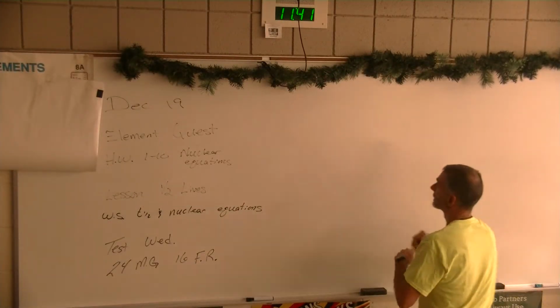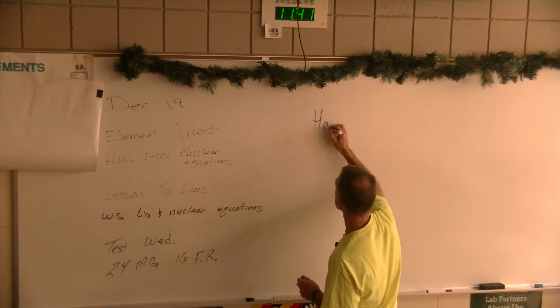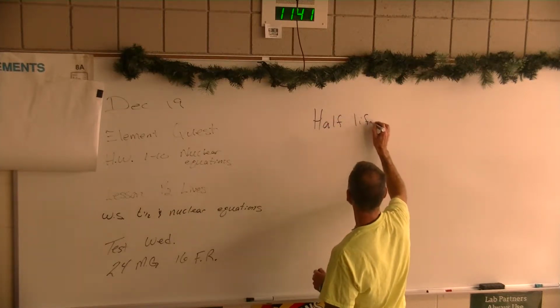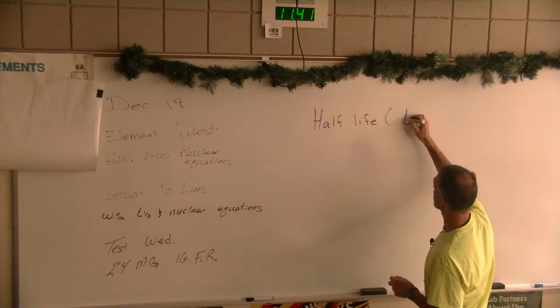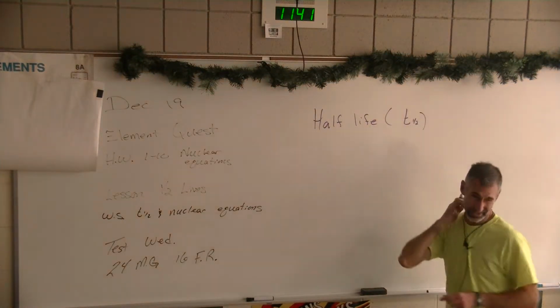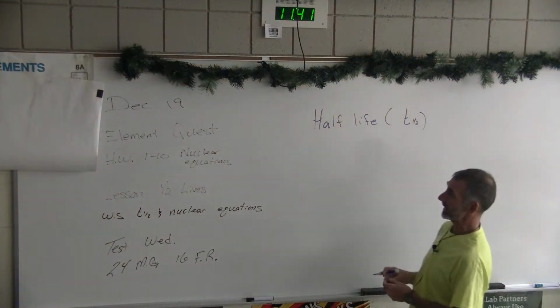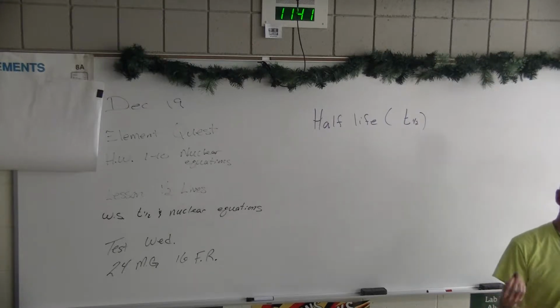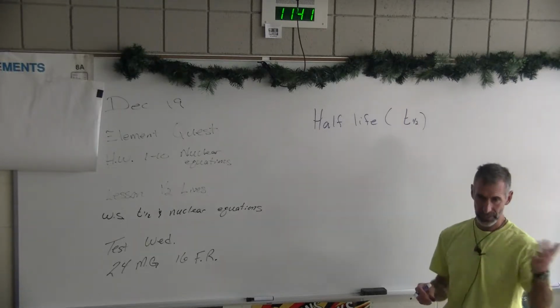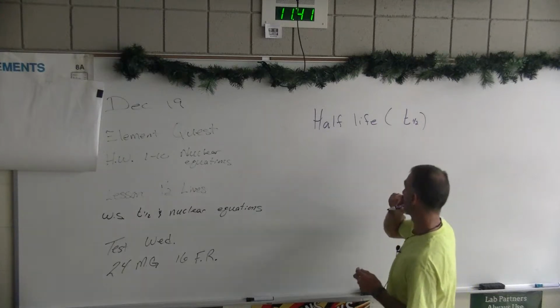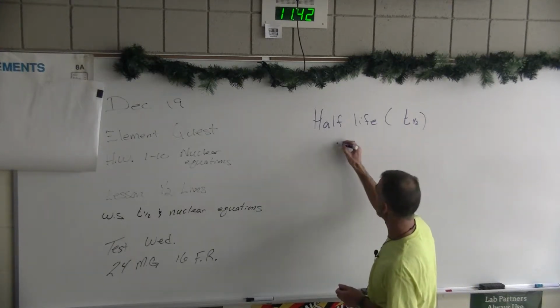So first of all, let's define what a half-life is. A lot of times you'll see it with a lowercase t, 1/2. That's kind of our symbol for half-life. Okay? And we're talking about decay, breakdown of our nucleus in order to become more stable. So we've had an alpha decay and a beta decay, and there's other types of decay that you saw on the worksheet there. So definition, half-life is the time,